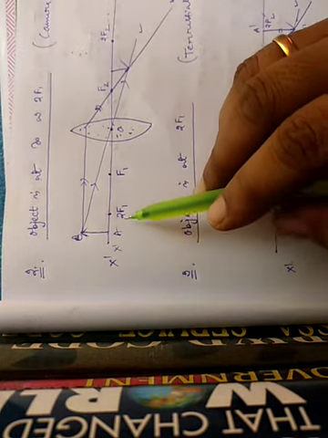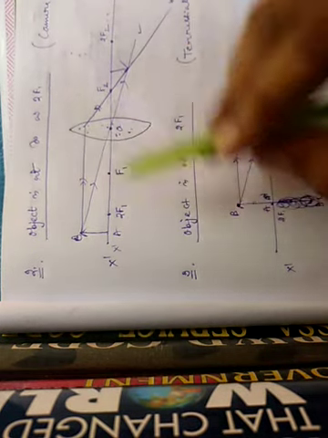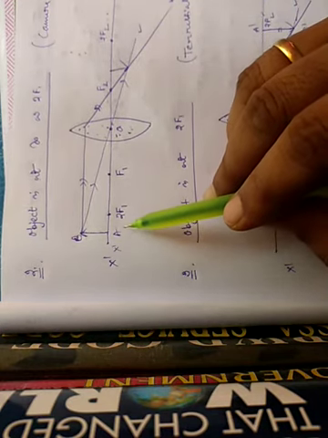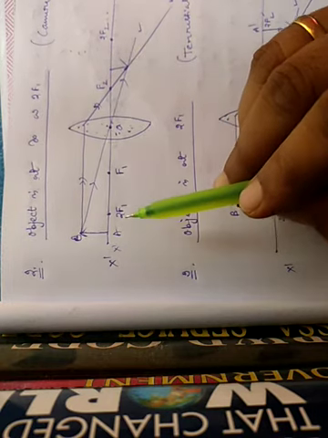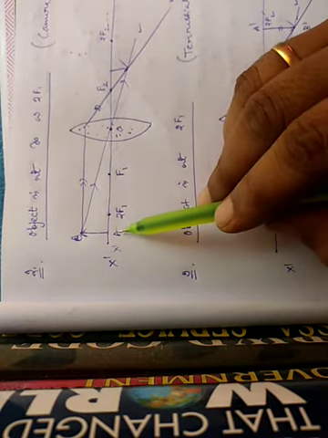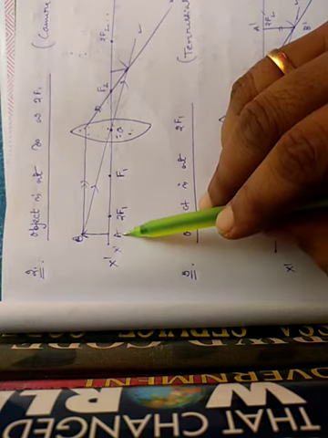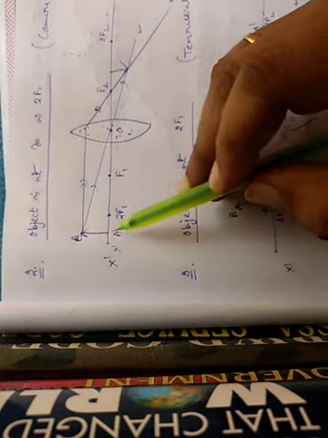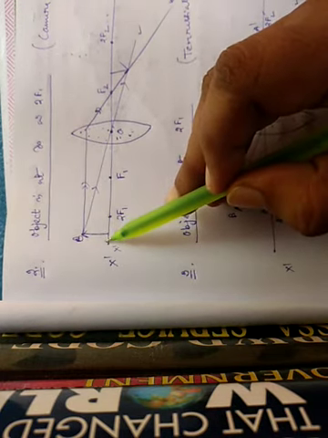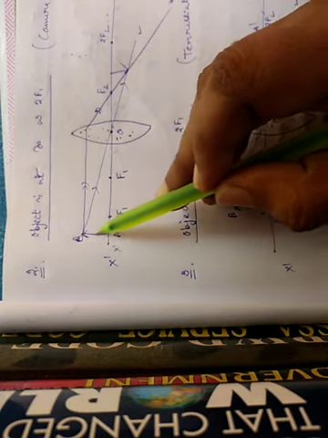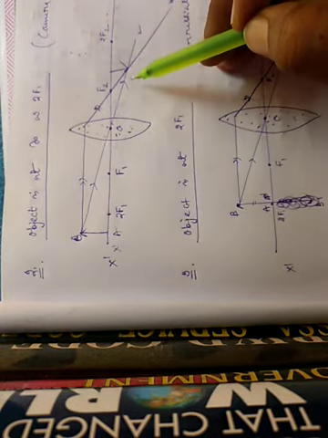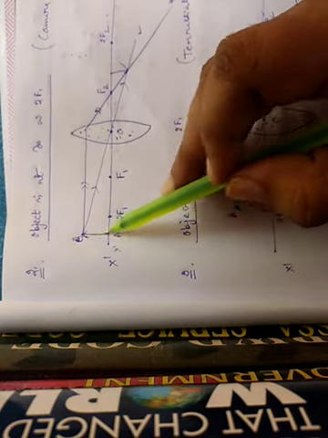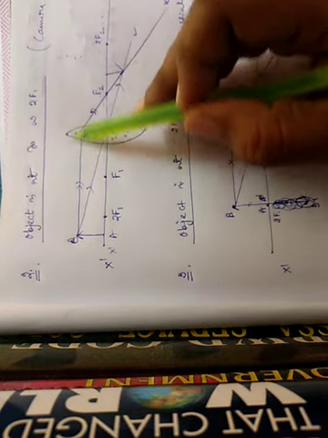First, we should remember where our object should be kept. Now, infinity and 2f1. Before drawing the ray diagram, first keep in your mind what the answer of this diagram is. Now this answer says that image should be formed between f2 and 2f2 and image size is diminished. That means we have to take a large size object because our image will be diminished. If we take a small size object, the image will be highly diminished, so we cannot show it in our paper. So the object should be taken large, but it should not be so large that it will cross your lens aperture.